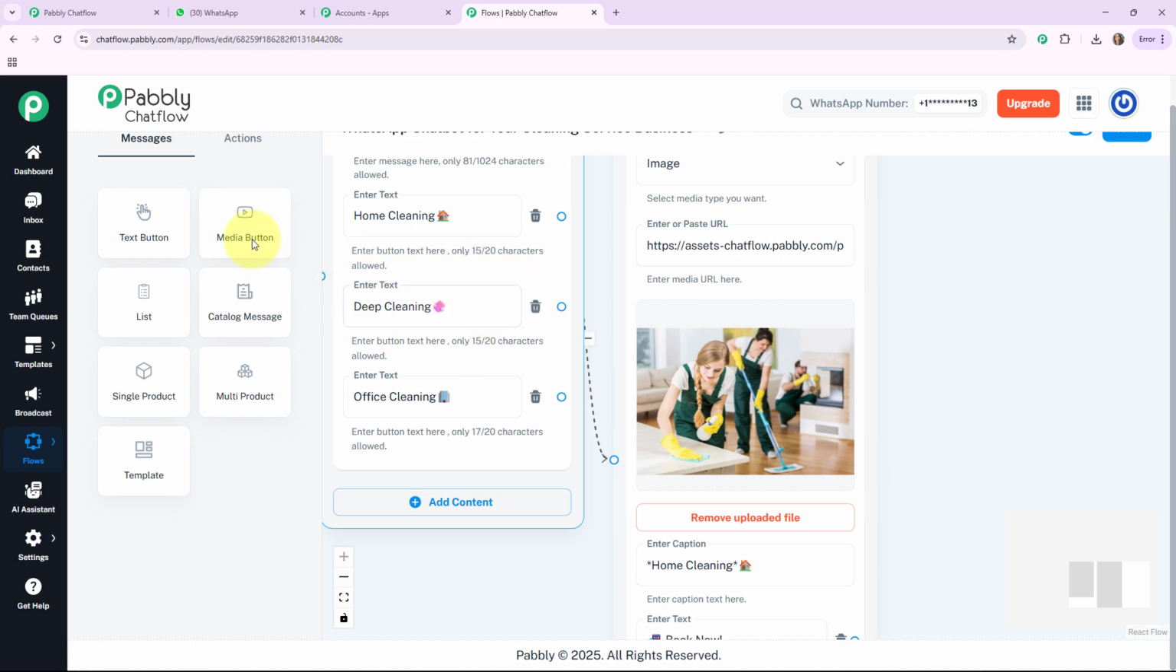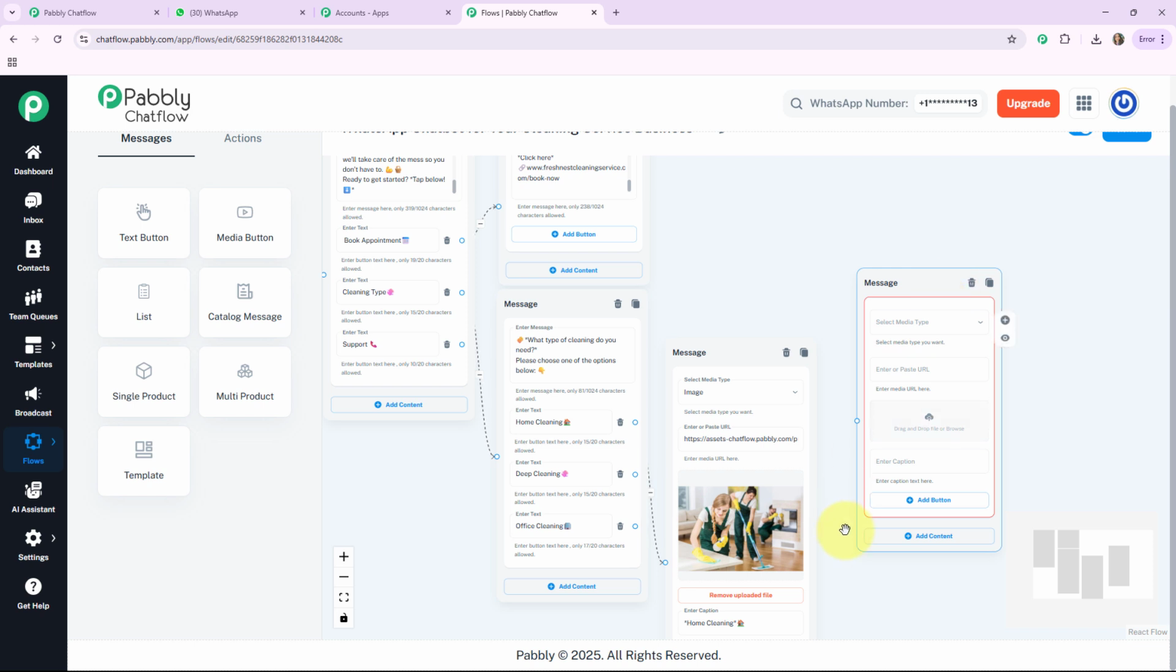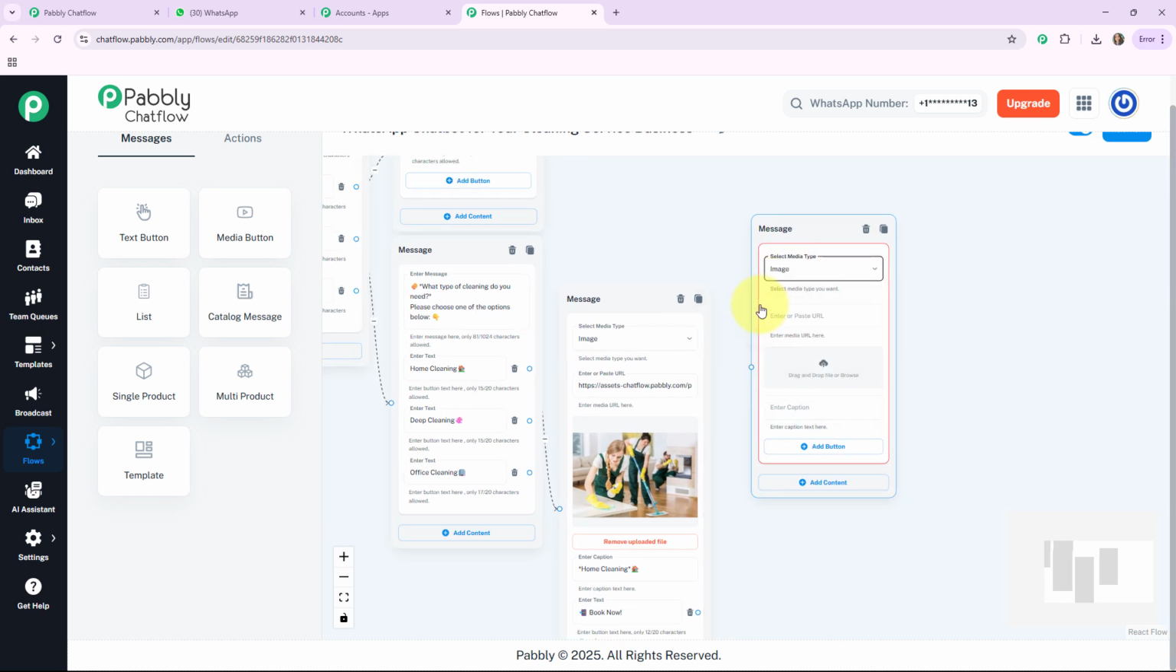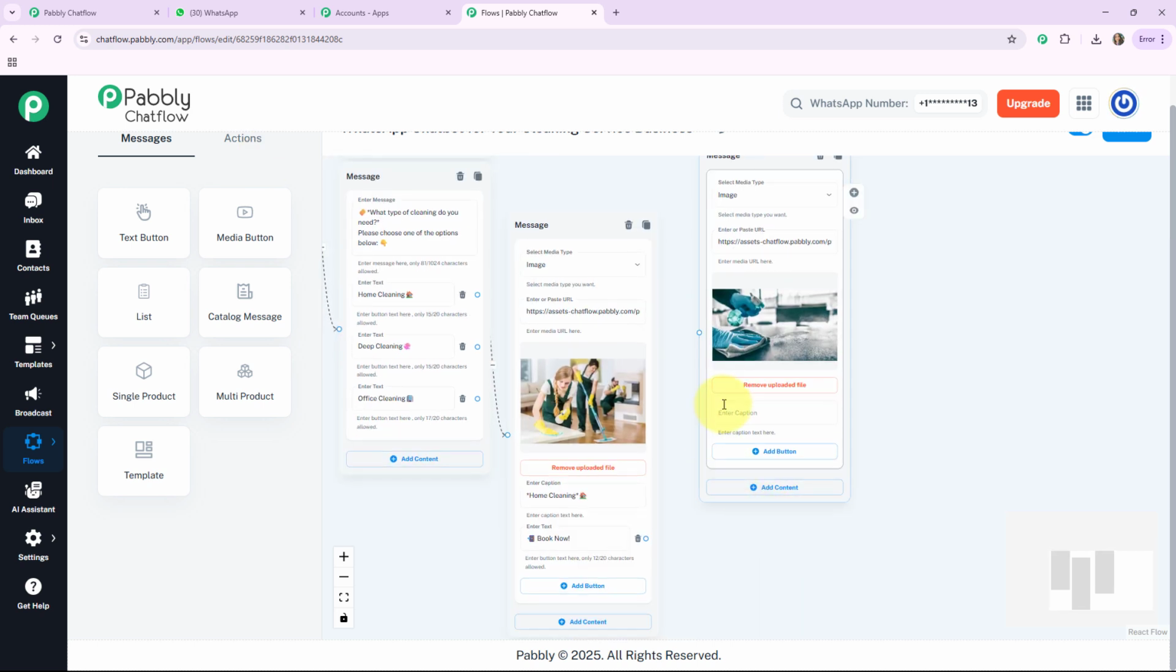So I'll select a media button, drag this message box here, select media type as image, and upload one image of deep cleaning that will be provided by my cleaning services with the help of this button, and upload one image from my gallery. Here it will upload it. In this enter caption box, I'll enter one caption such as deep cleaning. Here I write it. I'll use this asterisk symbol for sending the message to my customer WhatsApp number in the